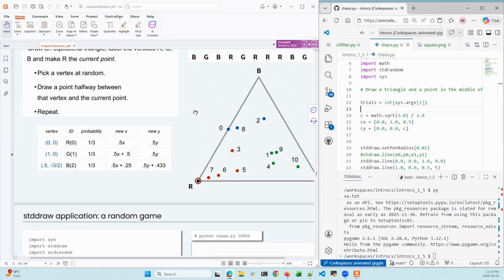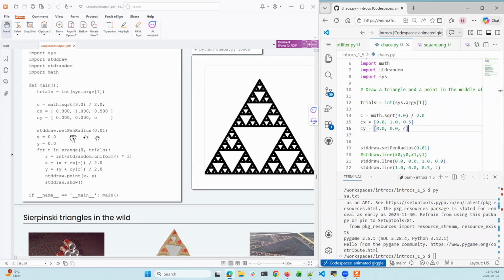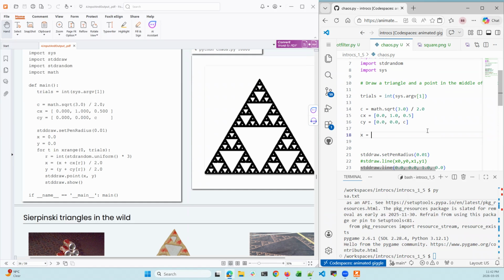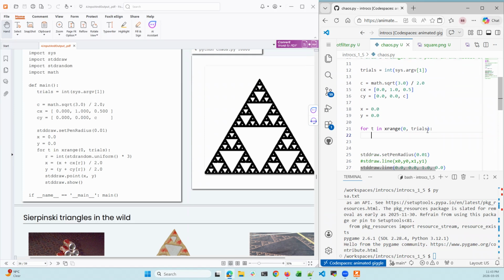Was this defined in here, maybe in this vertex? I think this is what it's defining over there. Standard draw. Okay, so I'm not worried about the pen. x is 0.0, y is 0.0. For loop for t in xrange, 0 to trials. And that is r is int. Let's try standard random. Maybe it does work this time. If not, we'll just use other random. Uniform